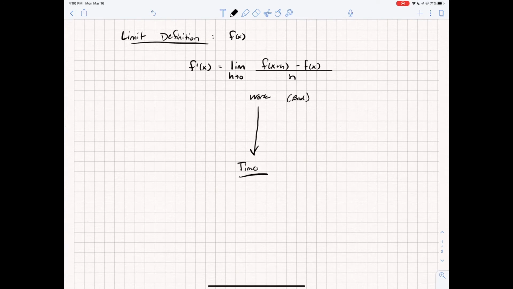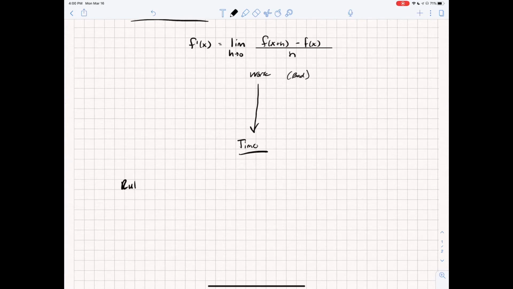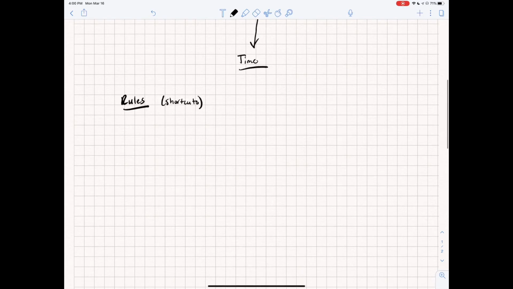And it's that time that we want to avoid by looking at derivative rules. These are the shortcuts. These are the steps that we want to do every single time. And the first rule that we had was the constant rule,